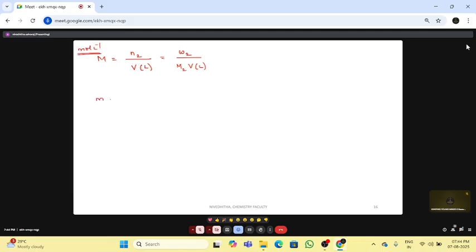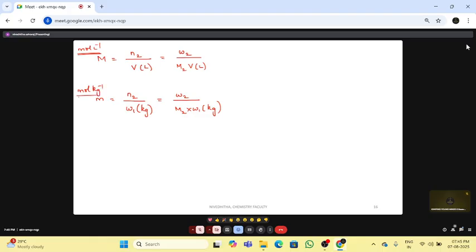And for molality, the formula is number of moles of solute divided by weight of the solvent in kilogram, or I can expand this number of moles as weight by molecular weight into weight of the solvent in kilogram. And unit of molality is mole per